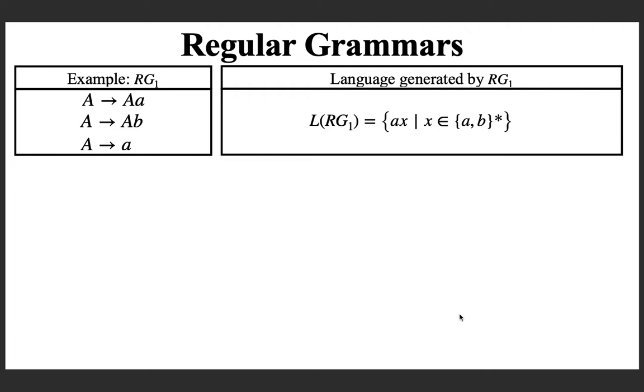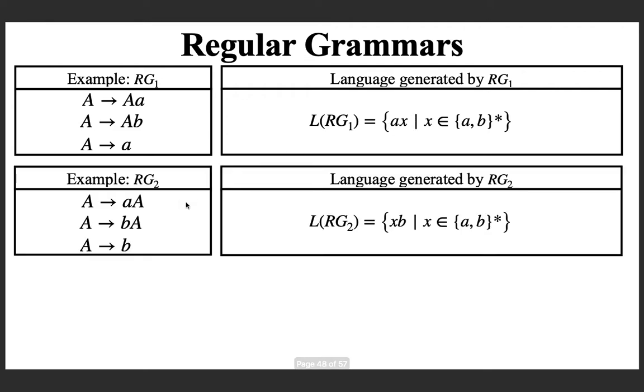All the three examples we are going to look at again. So here is regular grammar 1. Note that it is left linear, because in every production in the RHS, if a variable is there, it is the leftmost variable. So it's a left linear grammar. Not difficult to verify the language. Another example, which is a right linear grammar: every time in the RHS, if a variable is there, it appears as the rightmost symbol. So this is again regular, and the language is the set of all strings ending with B.